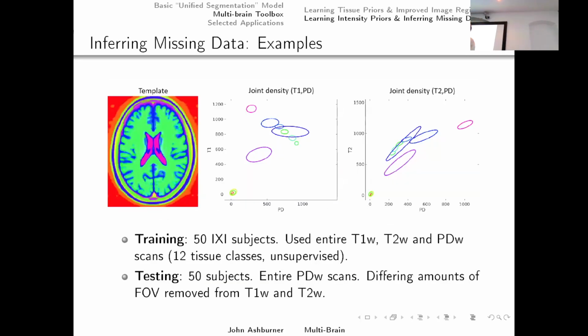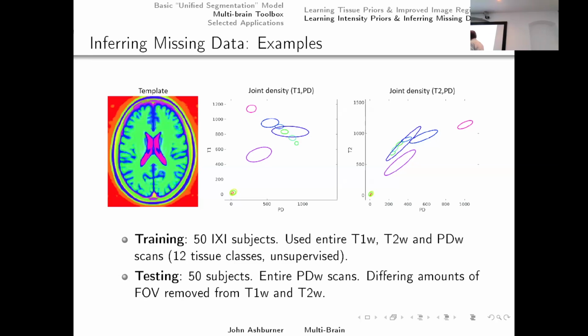So we have our template data, which is a load of tissue maps. The different colors indicate the different tissues. We can overlay that on the image that we're working with using nonlinear registration. And then each tissue type will have a different multivariate Gaussian associated with it, and we use these multivariate Gaussians to kind of